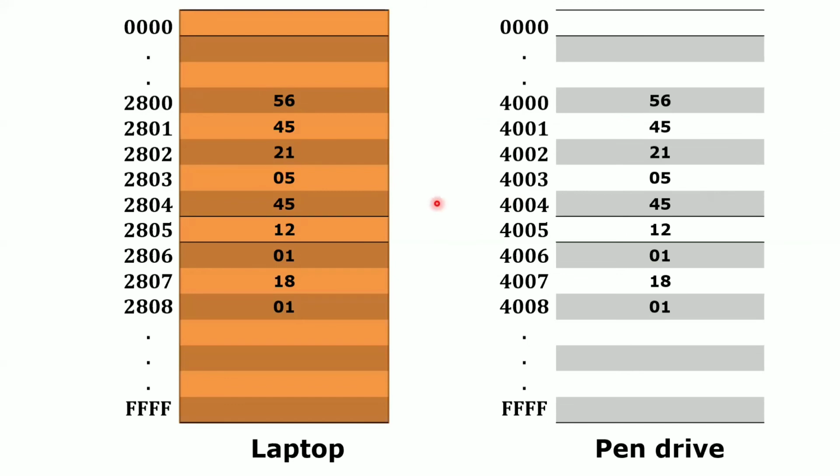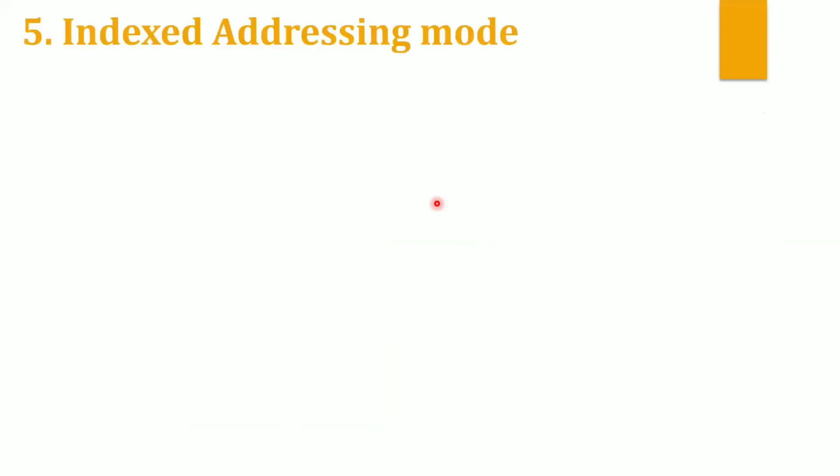Okay, so this is a practical example where we can use the indirect addressing mode. Now you see, in 95% of the programming we are using the indirect addressing mode. Okay, so the last addressing mode which we are going to see is indexed addressing mode. This is one tricky addressing mode, so before understanding it, I will explain with one example.